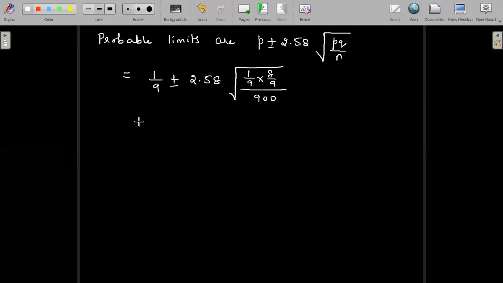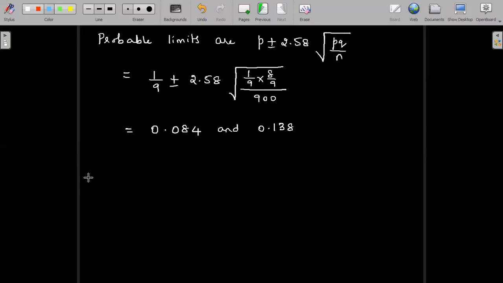So this gives us, evaluating this with the minus sign first and with the plus sign later, always the lower limit and then the upper limit for us, 0.084 and 0.138. So the probable limits of very hot weather is 8.4% to 13.8%. We can conclude in terms of percentage when we want to write this, multiply by 100 and write it down. So it is 8.4% to 13.8%.